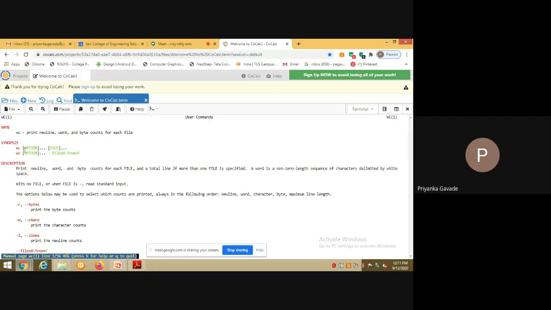Otherwise, if these rectangular brackets are not mentioned, then it says that it's compulsory to specify the options for the command, right? Please don't get confused between the words option and optional and compulsory. When I say options, I mean the various different set of options that the command is going to accept, right? So you can see here in the man page, -C, -L, -M, these are all nothing but the options that a command is going to take, right?